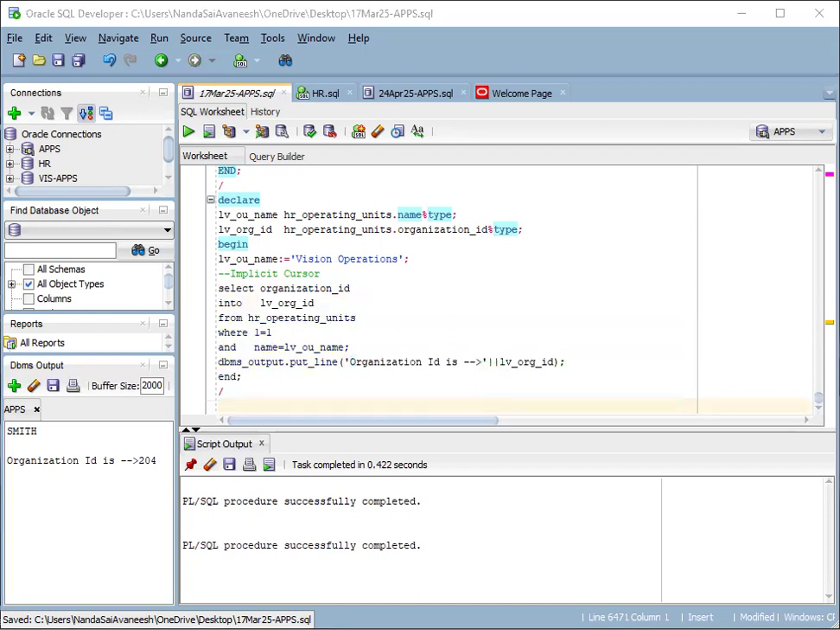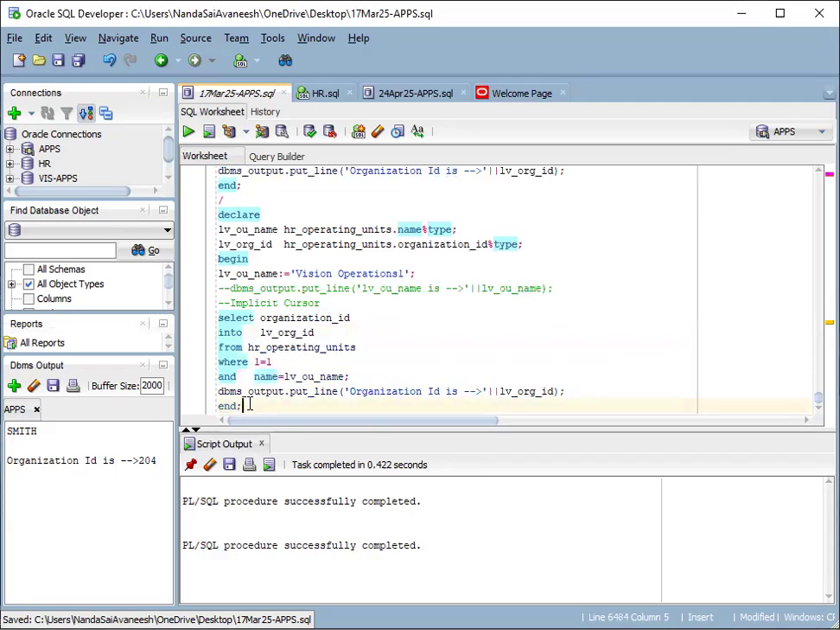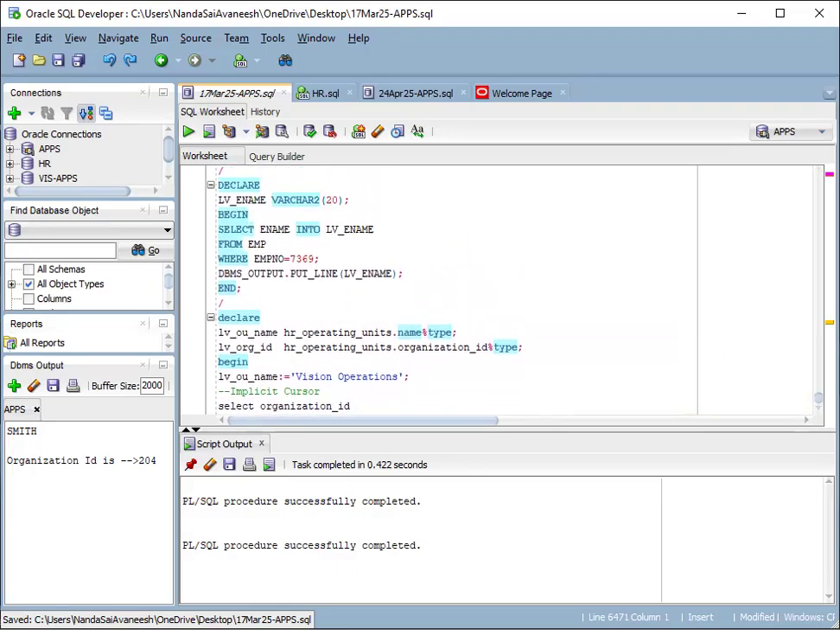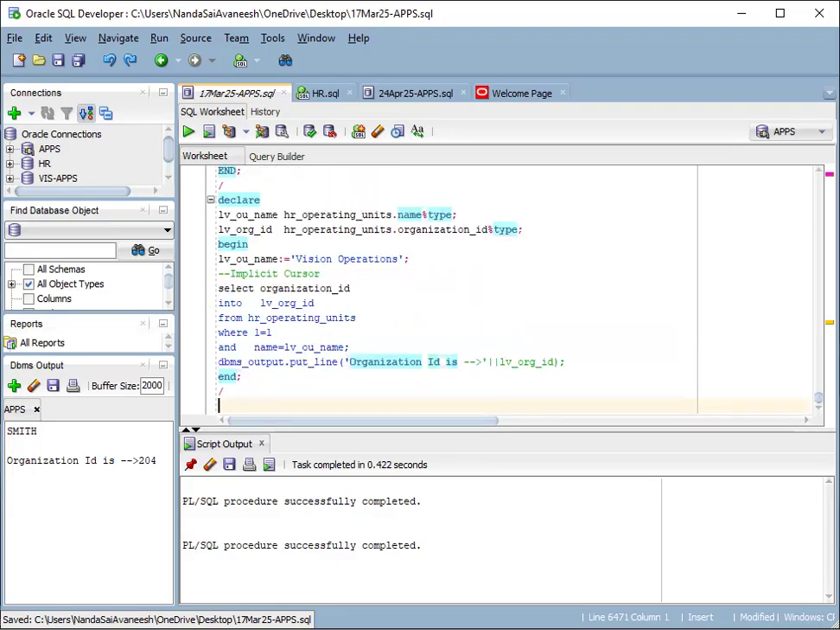So implicit cursor means we will use the select into clause only. Okay, declare lv_ou_name hr operating units. Completed. So we have the implicit cursor attributes, that is %ISOPEN, %FOUND, %NOTFOUND, %ROWCOUNT